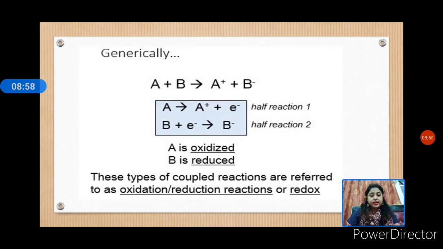Actually, oxidation and reduction are complementary processes, as we have already discussed. The oxidation process involves loss of electrons, whereas the reduction process involves gain of electrons. A substance will lose electrons only when some other substance will gain them. Therefore, a substance can get oxidized only when some other substance gets reduced, and vice versa. Hence, oxidation and reduction processes occur simultaneously and are said to be complementary to each other.